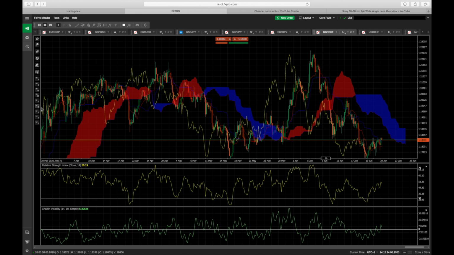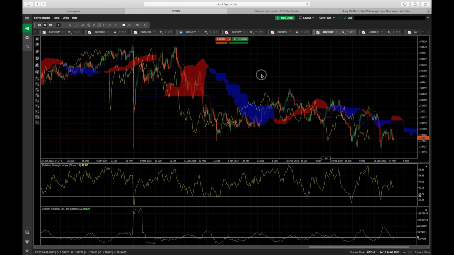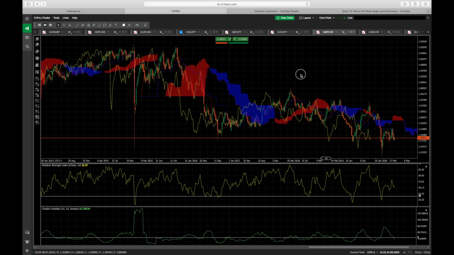So looking at the 4 hours, we can see, yeah, we expect range bound all the way here into the cloud before we are moving to the downside. So I'm not going to go any lower than that. I'll jump back up to the weekly. We'll wait for a position to open up for me to go in and short this pair. So we'll leave it on the weekly, slide the chart to the right, and move on to our next pair